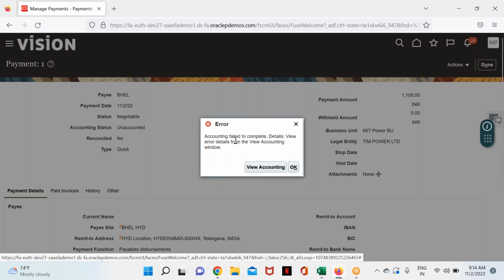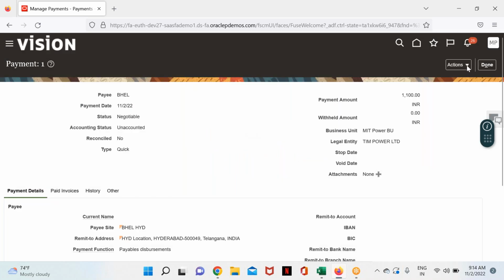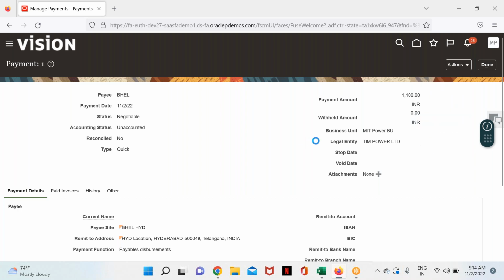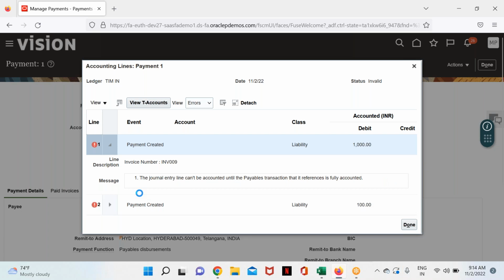Accounting failed, details view error from the view accounting. Okay, we'll see. I'll check that one. Why the accounting failed, I'll work on that one. Okay, not an issue. View accounting is to view your accounting. Since the accounting is not yet generated, you would not be able to do anything there. So you can see here, the accounting got failed. Let us see, it is giving the error: the journal line entry can't be accounted until the payment transaction that it references